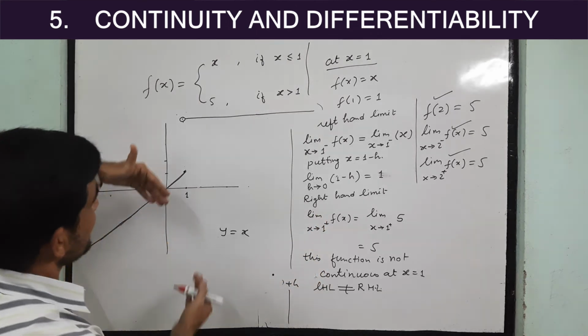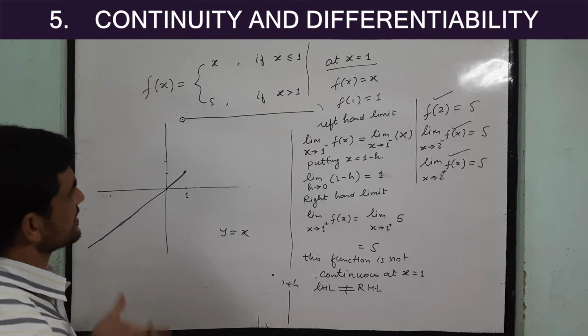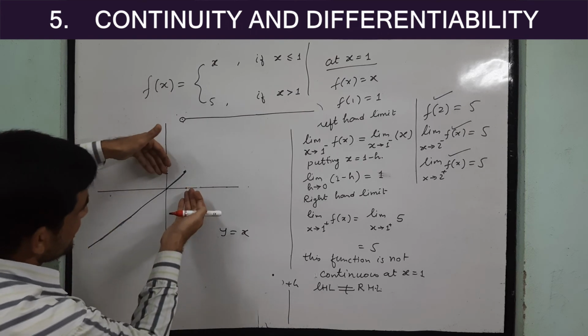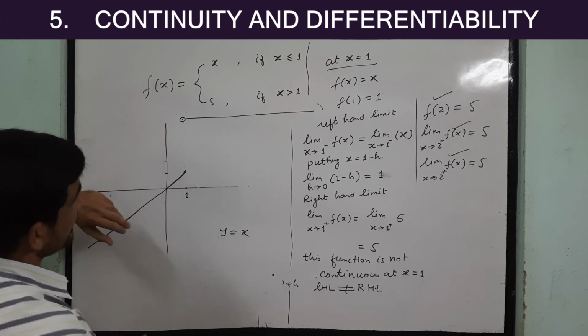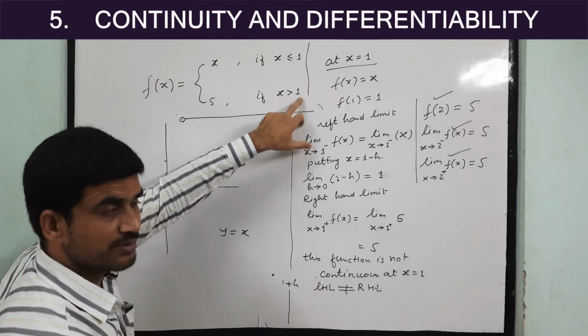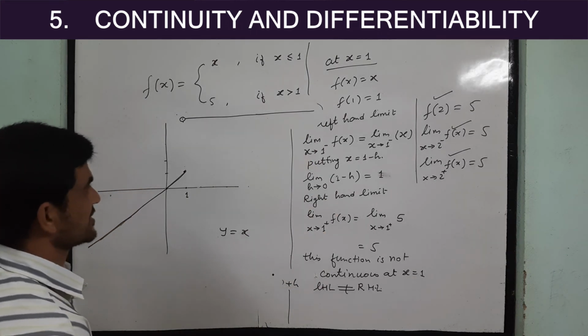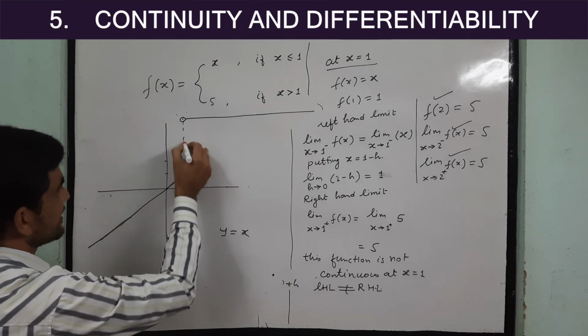Okay, and when we look at the value at 0, it is continuous. So every point is continuous when you take a number less than 1. Okay, and it is also continuous when you take a number greater than 1, meaning 2, 3, 4, 5 like that, but it is not continuous at x equal to 1. In the graph also it is very clear.